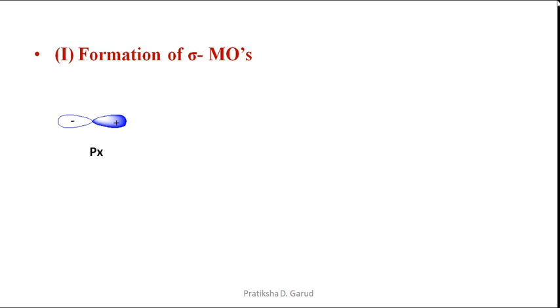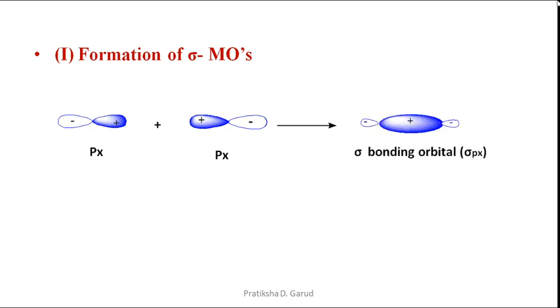we are having the px orbital, and we are having the second orbital, again a px orbital. We are having the two px orbitals which are having the same sign, and the lobes are along the axis joining the nuclei, and due to their combination we are getting a larger resultant, and that larger resultant is known as the bonding molecular orbital, and it is having the symbol sigma, and for the px orbital it is written as sigma px. Whereas again we are having a px orbital, it undergoes combination with another px orbital.